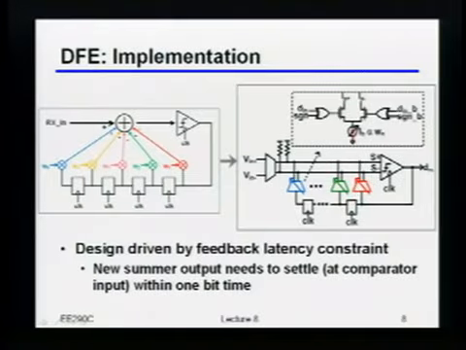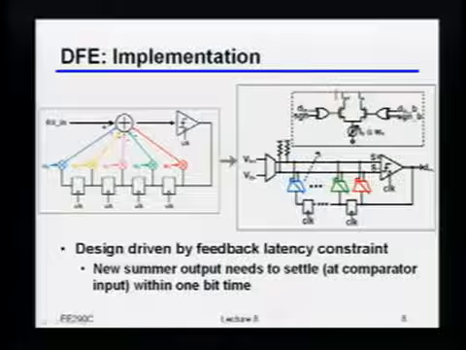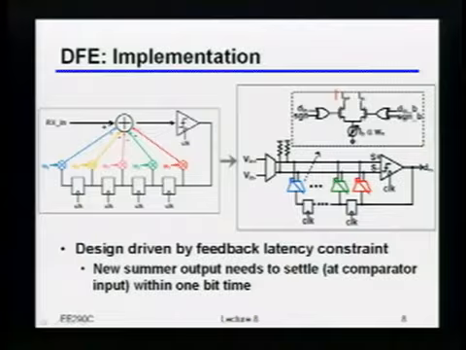So that essentially, if this current gets steered to one side, that's as if you're either adding or subtracting a certain value in the positive direction. Or if you steer it the other side, then it's obviously the reverse. Okay? So the whole trick here is that this design is really driven by the fact that at every bit decision that you make, that new stream of digital bits sitting inside of this shift register has to be able to create a new analog value that settles out before this comparator makes another bit